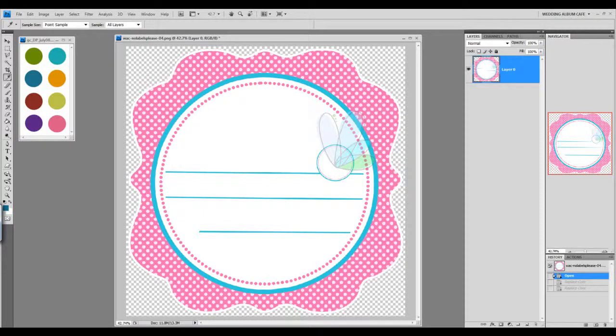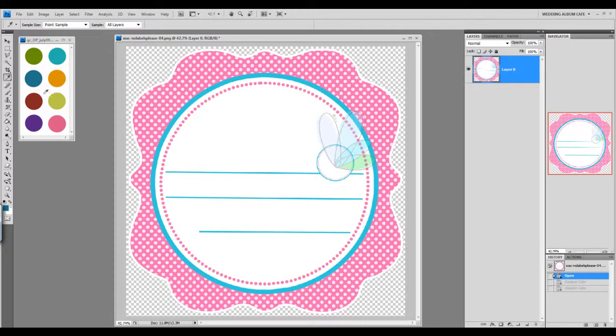I'm going to show you how to recolor items that have already been flattened or merged. We're going to do that using Photoshop's Replace Color tool. I'm going to show you two ways of doing that. Firstly, I'm going to show you how to replace the color using a custom color that you want to use